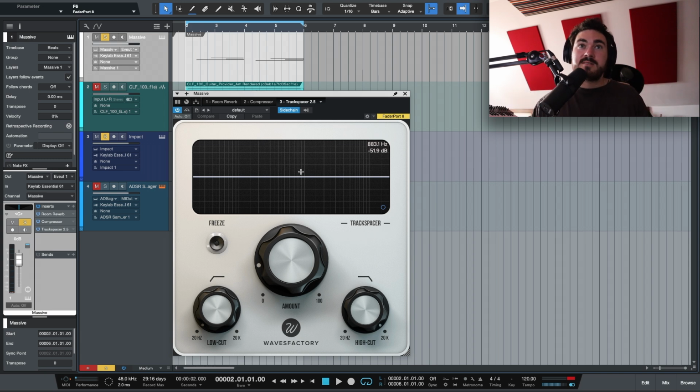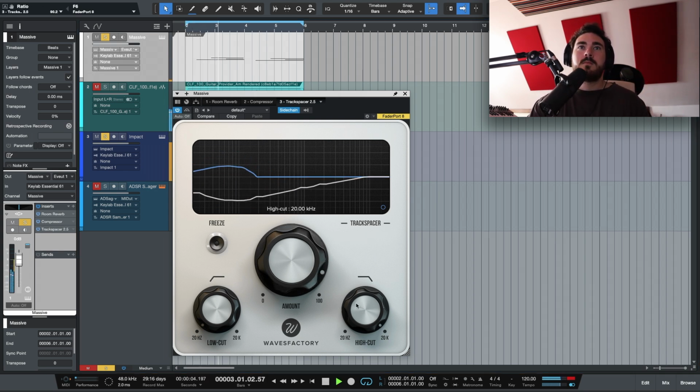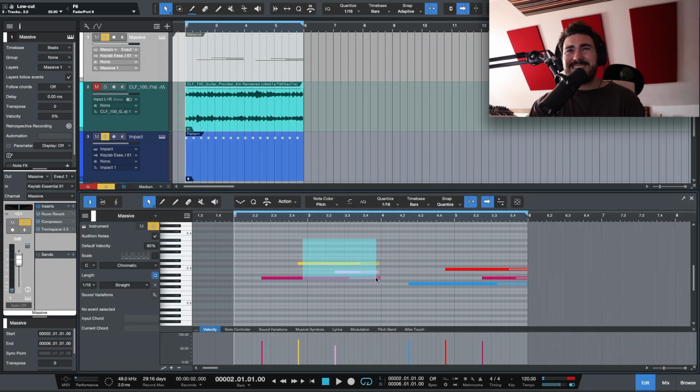I have made a video on this, but you can also use this for bass and kick. So you put it on a bass guitar and then when the kick hits, the bass dips in that kind of space that they share. Again, this is probably not the best example because I need something that's lower with the kick, but that's pretty easy to actually